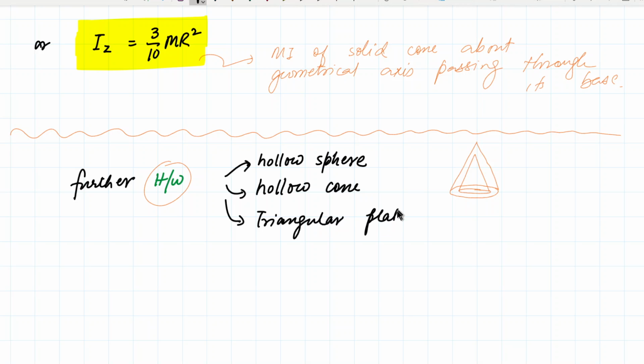Triangular plate and what more? I think the vast majority of the stuff we have done. Rod के लिए हमने किया था ना 2 लेक्चर पहले, रॉड के लिए किया था ना. रॉड का नॉन यूनिफॉर्म मास डिस्ट्रीब्यूशन के लिए भी हमने किया था। यस सर। ठीक है, सो हमने रॉड के लिए यूनिफॉर्म टाइप्स मास का डिस्ट्रीब्यूशन, नॉन यूनिफॉर्म मास डिस्ट्रीब्यूशन कर लिया।